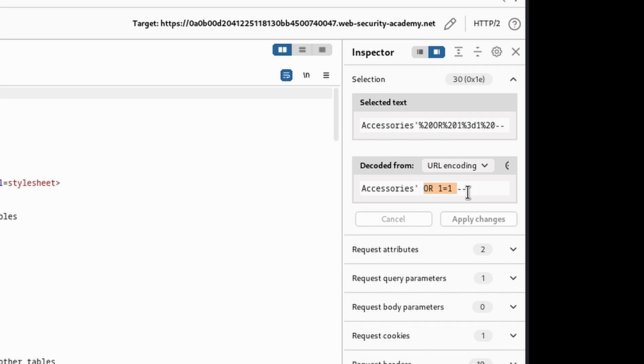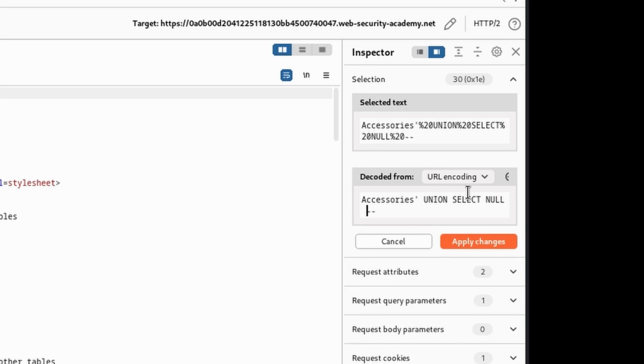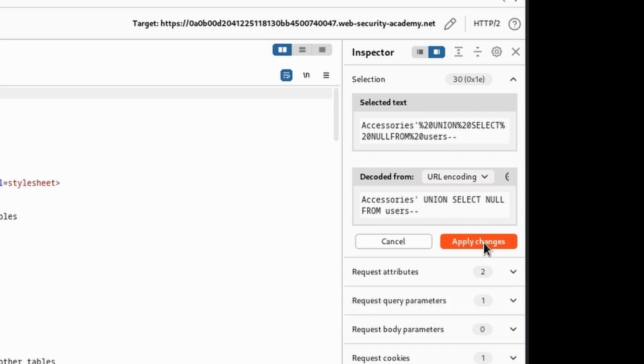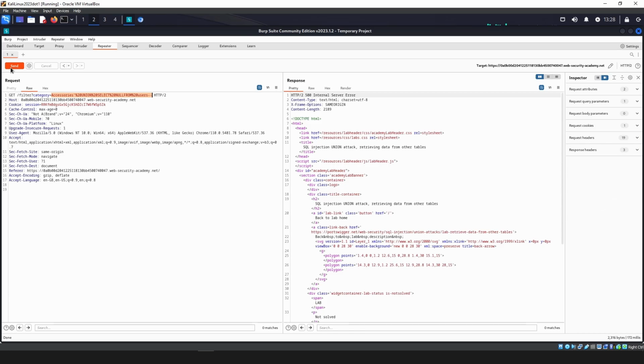If we were to put union select null from users, as we know there's a table called users, and click apply changes and send that request, we will